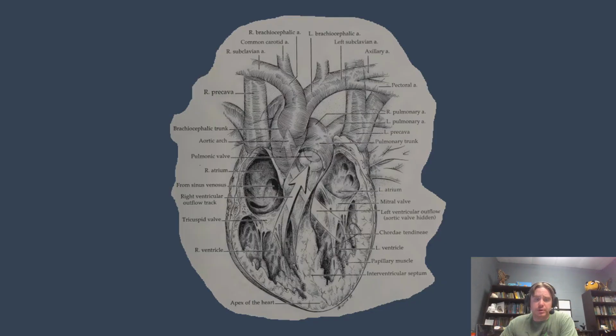So this deoxygenated blood comes into the atrium. A valve called the tricuspid valve opens and lets that blood be pumped down into this ventricle. And from the ventricle, that deoxygenated blood is pumped out these pulmonary arteries to the lungs. So this is the pulmonary side of the heart, the side that delivers deoxygenated blood to the lungs. And so the pulmonary arteries carry the blood to the lungs, where of course the blood becomes oxygenated and is pumped back to the heart, now carrying oxygen right here